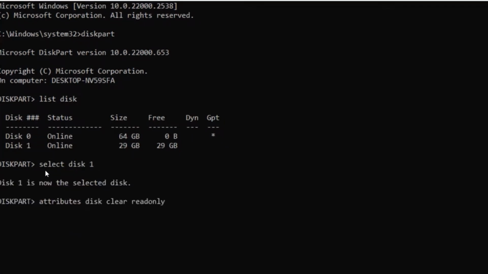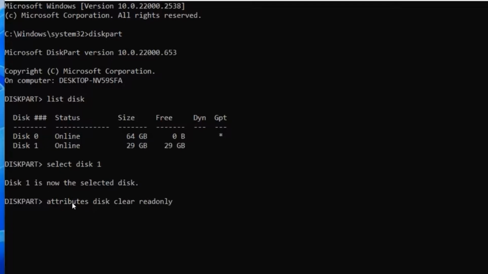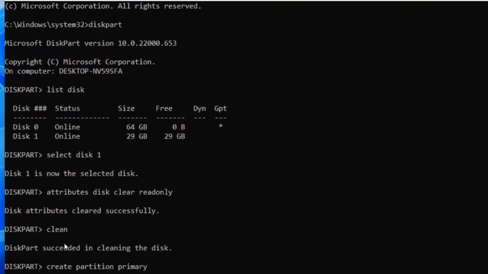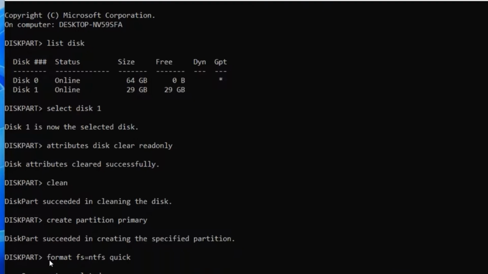Now I have to type select disk 1 and now it will say disk 1 is now selected. Now you have to type attributes disk clear readonly and now type clean and hit enter. Once you do this, type create partition primary and hit enter again, and once this completes you have to type